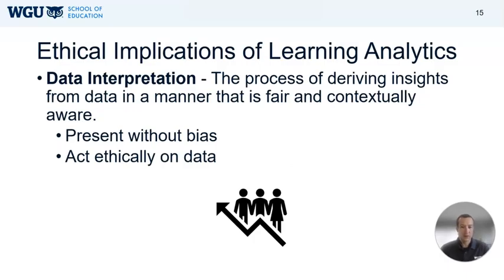And then finally, data for interpretation. This is really trying to get the insights from the data. So we've collected it, we've analyzed it, but what does it all mean here? And how can we share this information with others to make sure that we're making those improvements ultimately? And when we do that, we want to make sure we're always presenting this without bias and we're acting ethically. So, folks that are giving us this content, the material that we're evaluating here within the learning analytics, we want to remove any potential biases there. We want to remove any predetermined notions about what we think will happen or should happen or what we maybe have done in the past. We want to instead really look at the data and see what the data says.